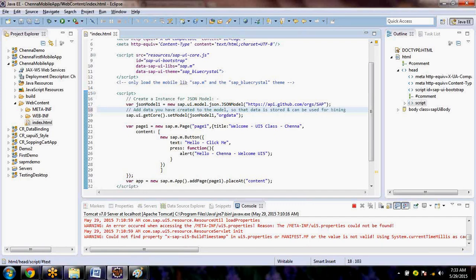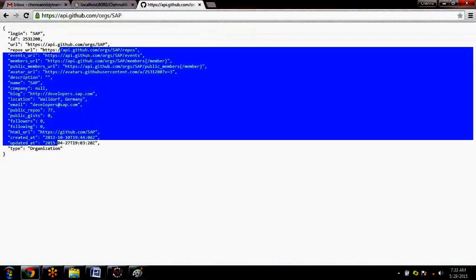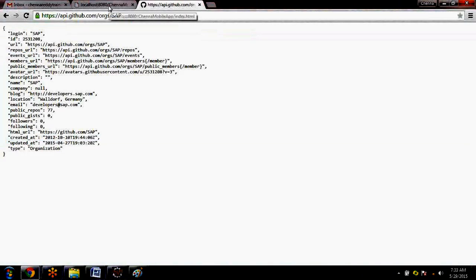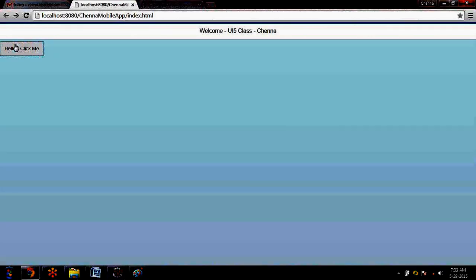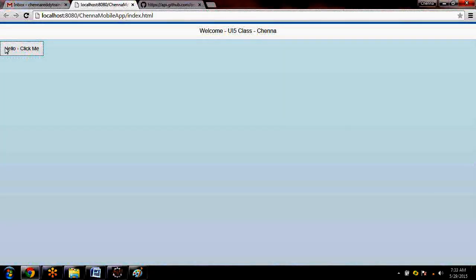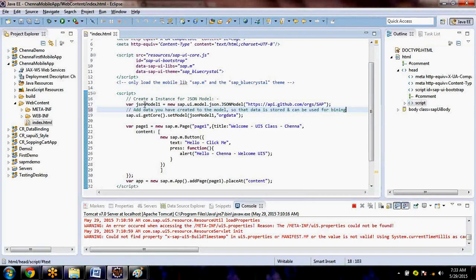What is the meaning of binding? I'm getting this data, and I need to bind this data to these elements, to this component. That's the meaning of binding. So, add the data you have created to the model, so that the data is stored and can be used for bindings. That's it.